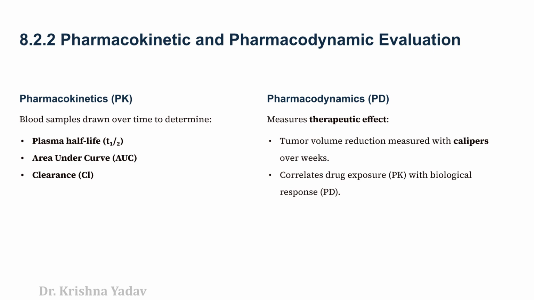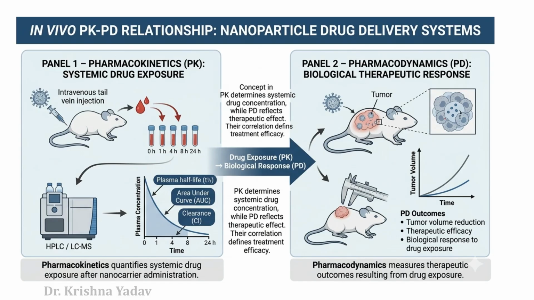Next is pharmacokinetic (PK) and pharmacodynamic (PD) evaluation. PK studies measure plasma half-life and clearance. PD measures the therapeutic effect, such as tumor volume reduction, correlating drug exposure with biological response. The chart shows typical PK data, plotting plasma concentration over time, revealing changes in half-life, AUC, and clearance for different